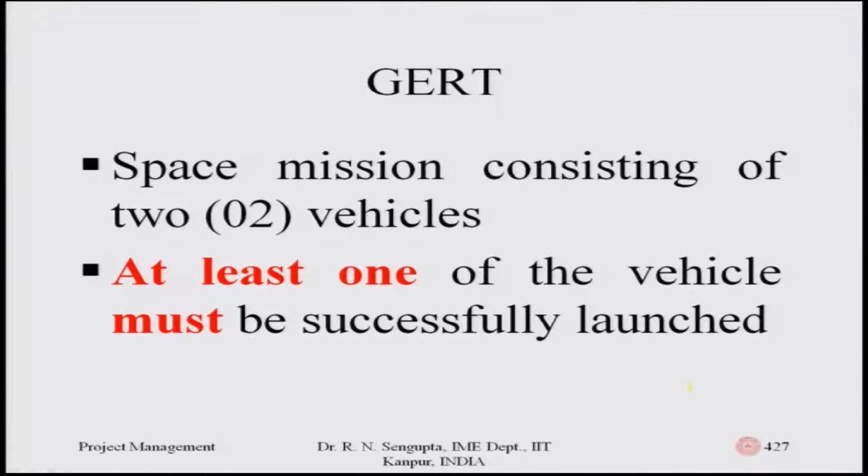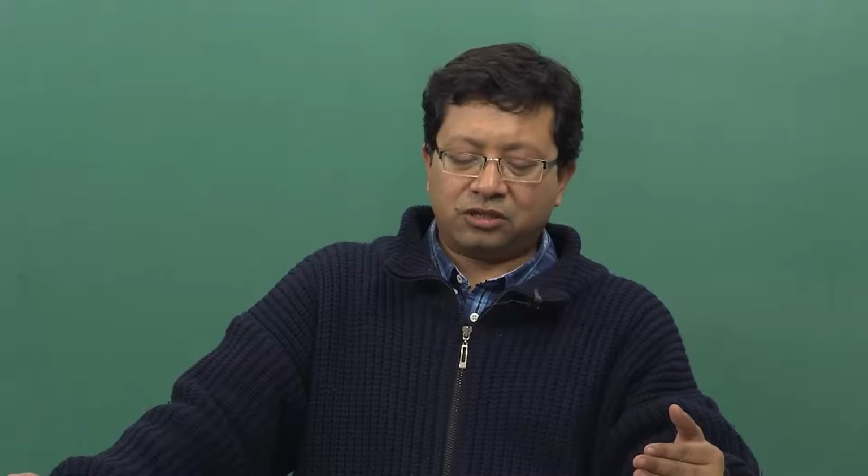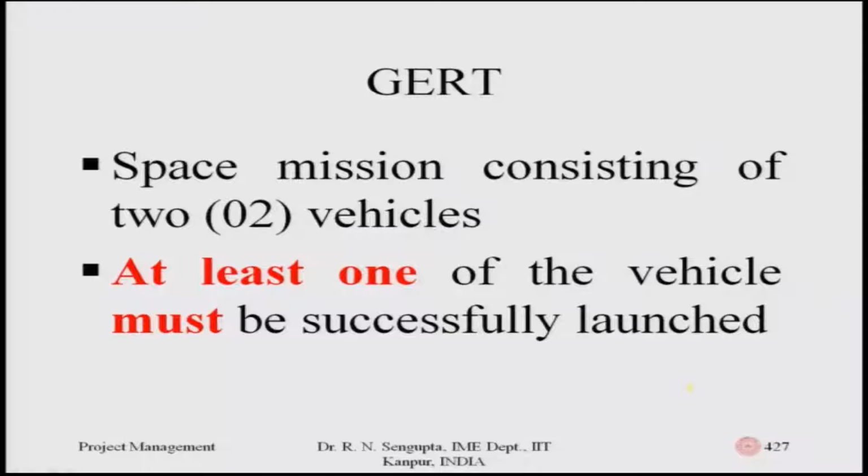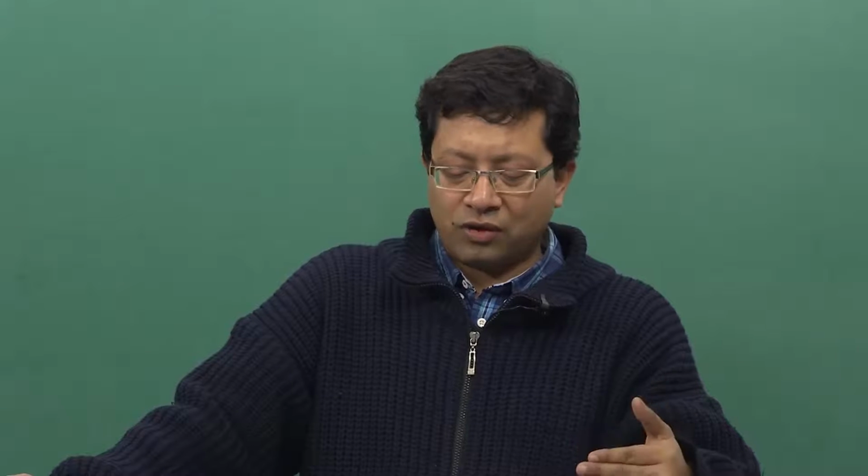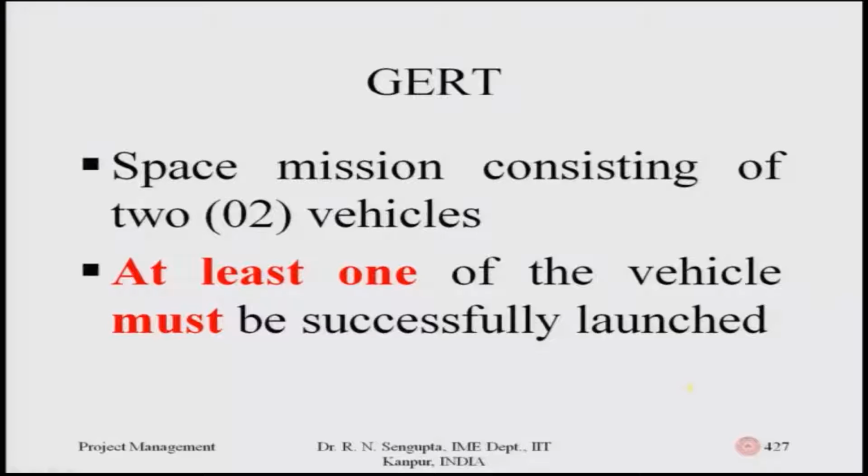Now, let us consider a different scenario. Again, the space mission consists of two vehicles. Now, it says in the second bullet point, which is important to note, that in the last example both of them should operate successfully for the program to be a success. Here it says that at least one of the vehicles must be successfully launched, which means now the combinations are